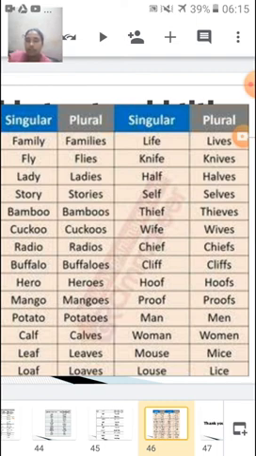Cliff, cliffs. Hoof, hoofs. Proof, proofs. Man, men. Woman, women. Mouse, mice. Louse, lice. So these sets of singular and plural nouns, I would like you to write in a notebook